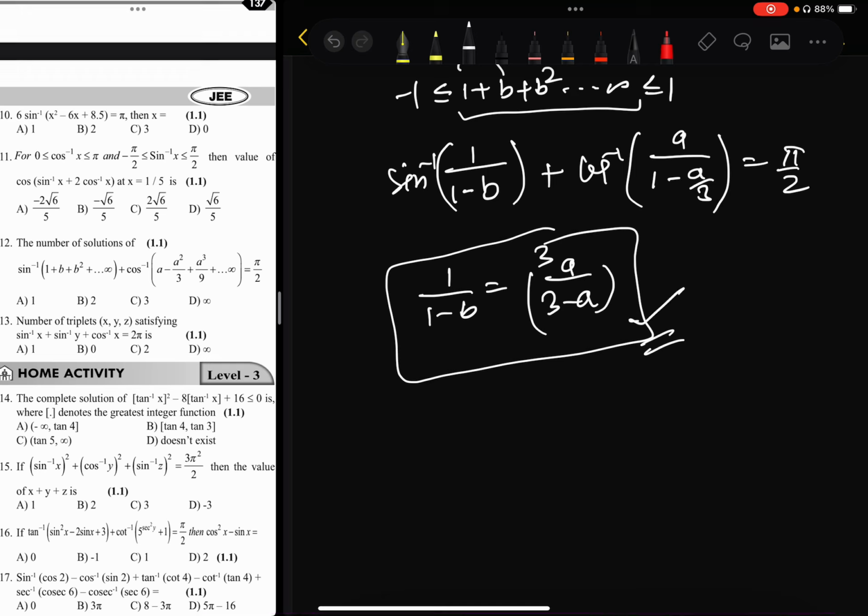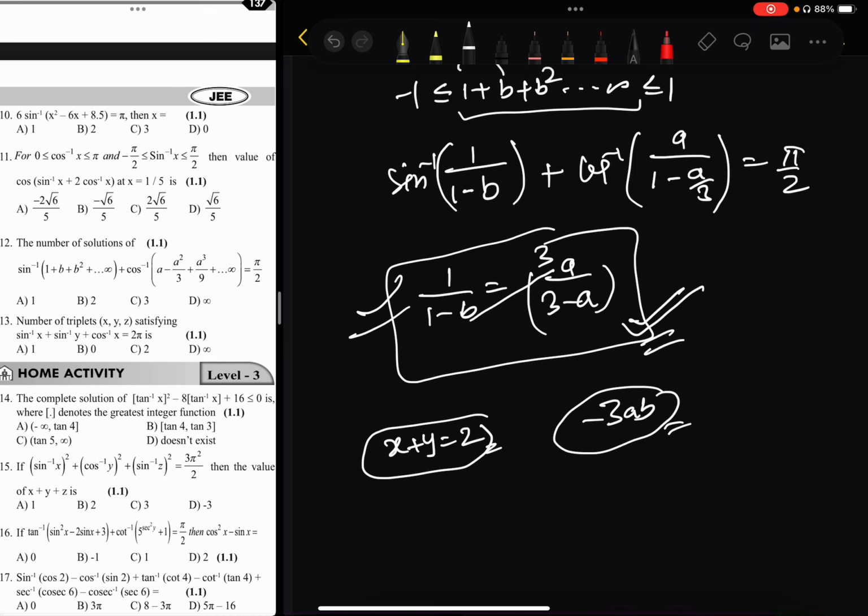So that means for this type of expression, there will be an infinite number of a and b which will satisfy this condition, right? If only one equation is written, suppose x plus y equals 2, how many solutions will be there? Infinite solutions. So if you solve this, you will get this type of equation, maybe 3ab also you will get. So for this type of equation also, infinite solutions will be there,